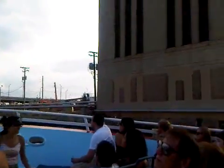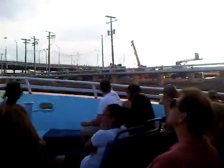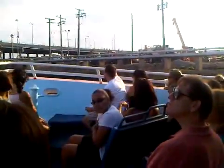Now, behind us, you will see our former Sears Tower come into view. This is the tallest building in Chicago, North America, and the Western Hemisphere. Rising 1,454 feet, 110 stories. It is currently the third